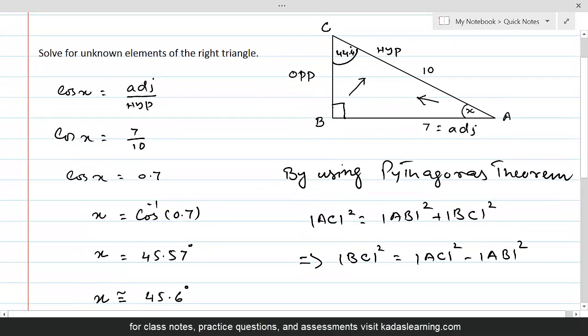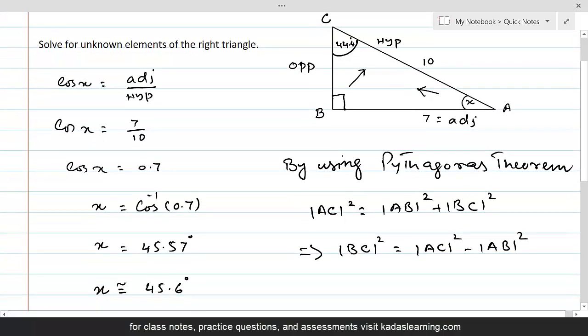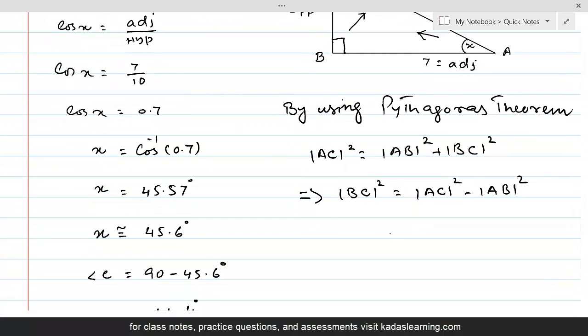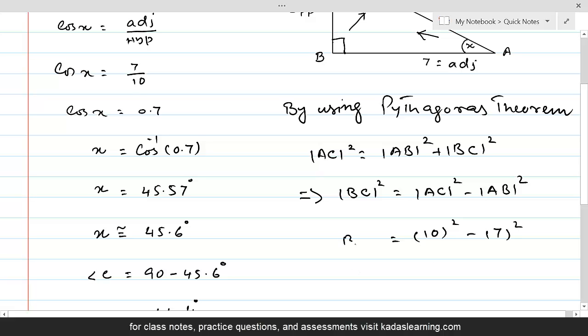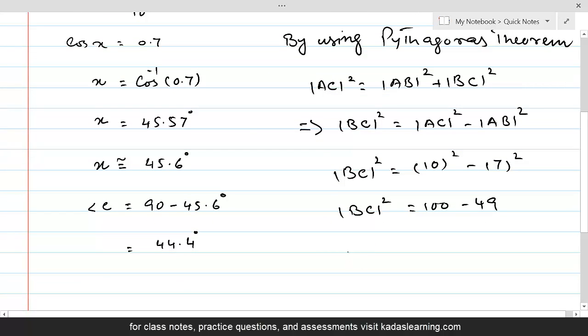And now if we substitute the values of AC and AB, we will get, this is 10 square minus 7 square equal to BC square, and BC square now will become 100 minus 49,